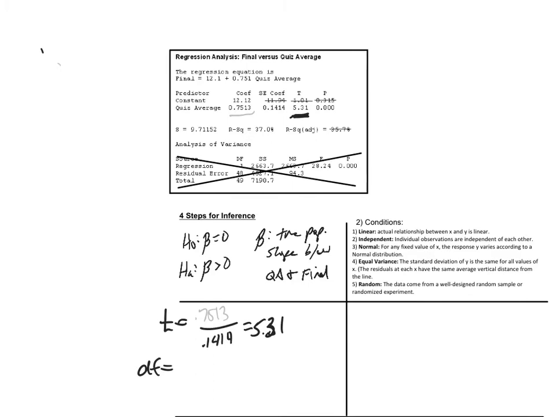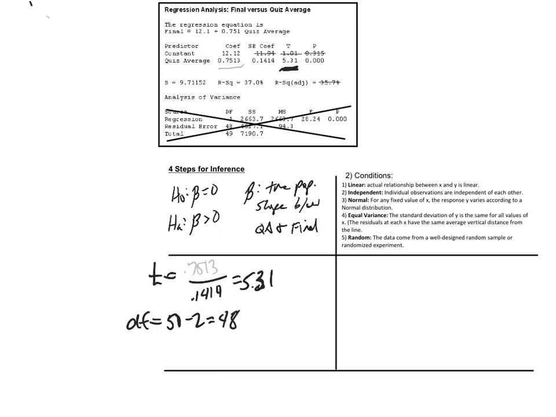And there were 50 total points to begin with, so it'd be 50 minus 2 equals 48. You'll be clearer on that with degrees of freedom, so don't worry about trying to get to know that part. And then the p-value. Okay, and the p-value here,